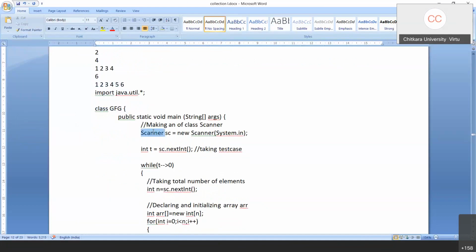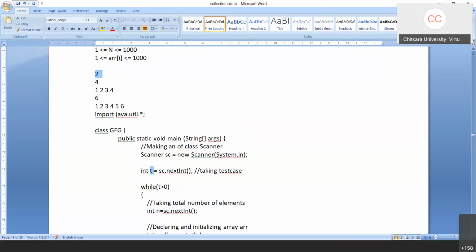So what I do over here, declare a Scanner, declare the test cases. While t-- greater than 0. What do you mean by this? Take the test case, if it is greater than 0, do it and then decrement the value of the test case. If you're not comfortable, then you should stick with t and use t-- at the end. So we use n is equal to next integer. This is going to be nothing but the number of elements in the array. This t is nothing but the number of test cases. What is this n? n is nothing but the size of the array.